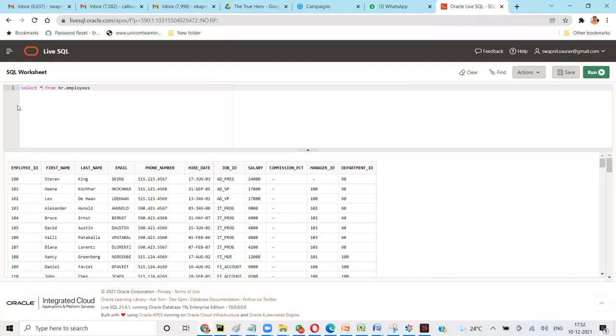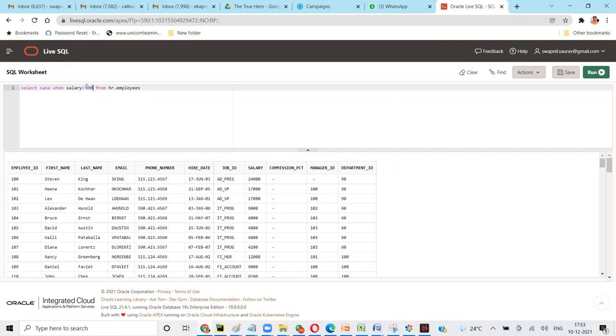Select case, then the condition. When salary. See, this condition is not after the table name, where we give it after the table name, right? From table where. This is given before. Select case when salary, let's say less than 500, then